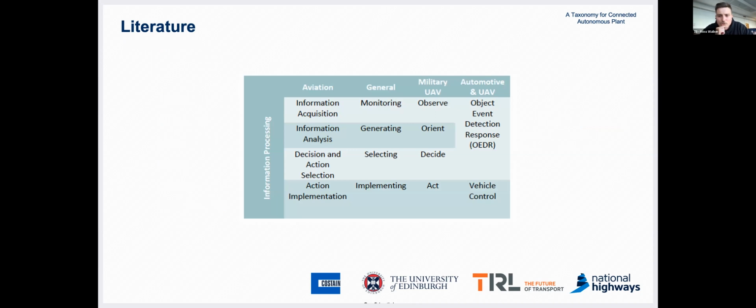So this table shows that information processing is broadly split into the same categories across each of the reviewed taxonomies. Although the automotive taxonomy combines acquisition, analysis, and selection into one task. This creates a simpler taxonomy, but hides some of the detail and includes the possibility of human-machine cooperation. And the simpler taxonomy for automotive